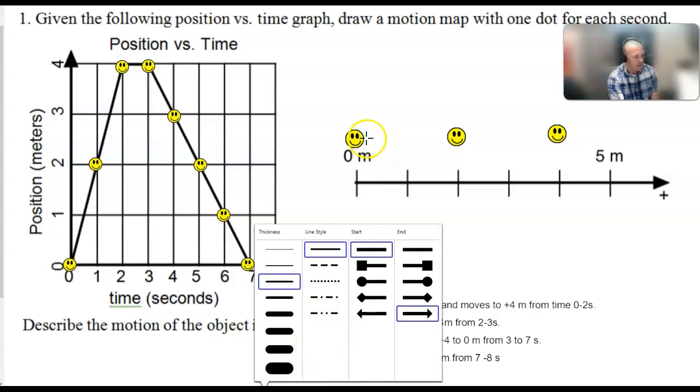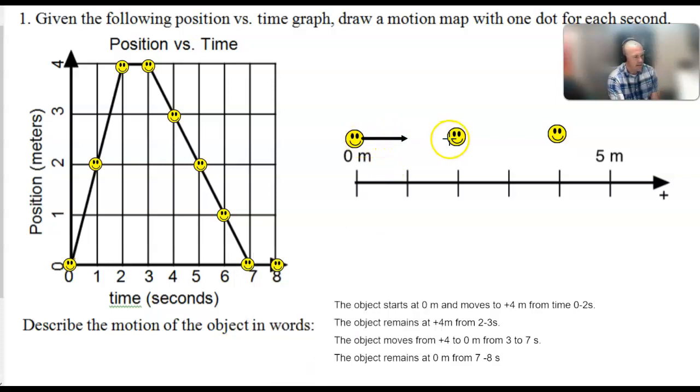Okay, and I'm going to have the arrow going to the right. So that looks like what's happening there. So I've done these first 3 dots. The 4th dot here, it's staying at 4, so I'm going to